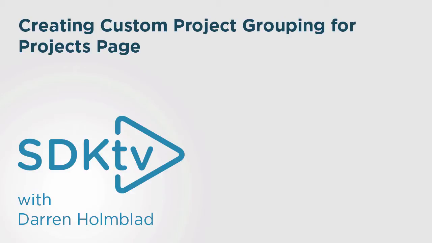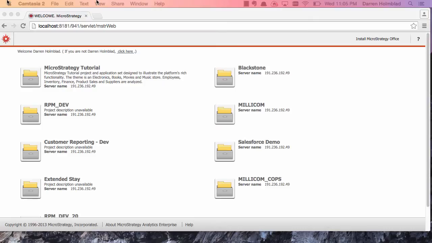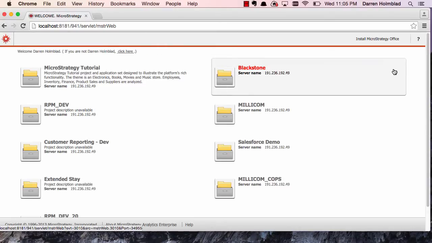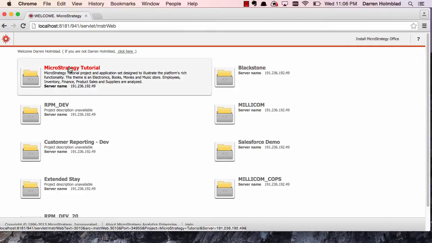So what we're going to do first is show you the out-of-the-box look and feel of the page. Then we're going to deploy a custom plugin, and then we're going to walk you through all of the components that were customized to achieve this customization. So first off, I'm sure you all are familiar with this page. It's the projects page, and we can see all the projects that the user has access to, and they're rendered